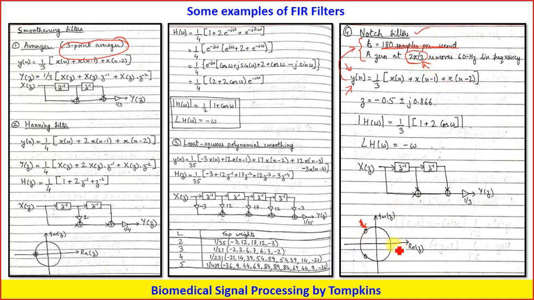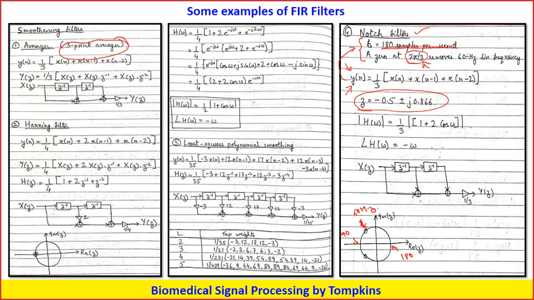If you look into this one, we are saying that here we are having 180 samples per second. So here on we will be having 90 samples per second. So you try to calculate, it comes out to be 2 pi by 3. So at 2 pi by 3, you will be having the 60 Hertz. Okay. So if you solve this equation, you get this value. Okay.